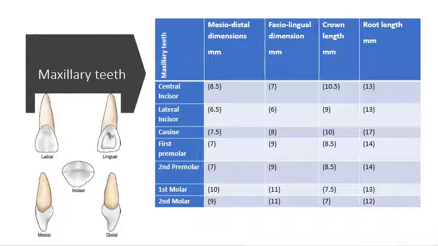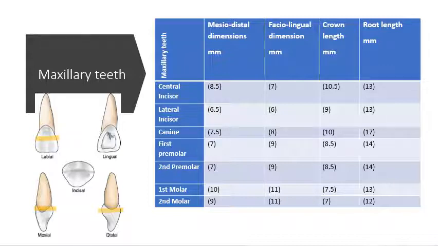First of all, the mesiodistal dimensions. If you're looking at the maxillary central incisor from the facial aspect, this is the mesiodistal dimension, where the mesial side and the distal side, when we draw a line from the mesial aspect to the distal aspect, is known as the mesiodistal dimension. The other dimension that we'll be looking at is the faciolingual dimension, and this is from the facial aspect till the lingual aspect. So the first dimension is the mesiodistal dimension, the second is the faciolingual dimension,